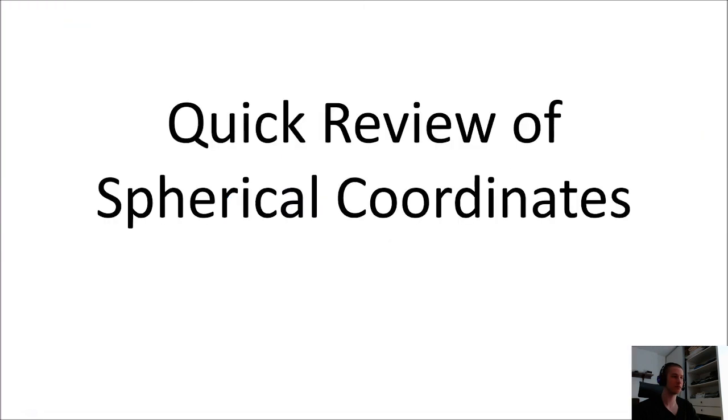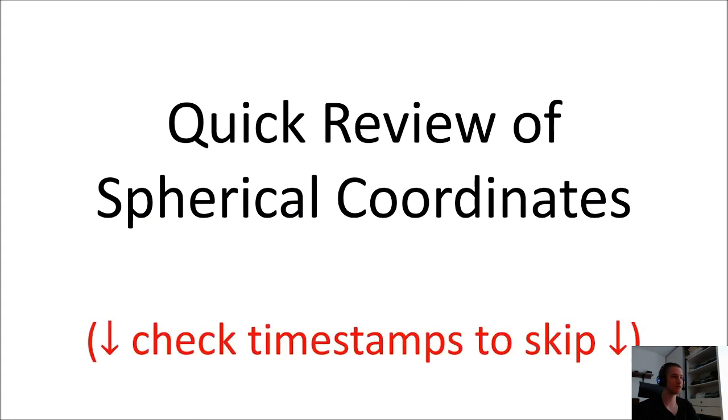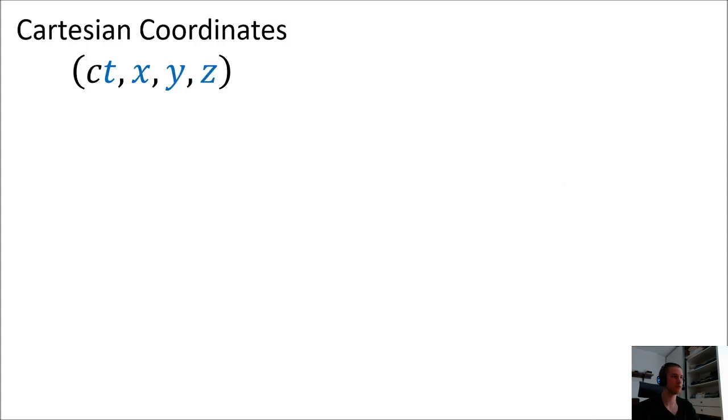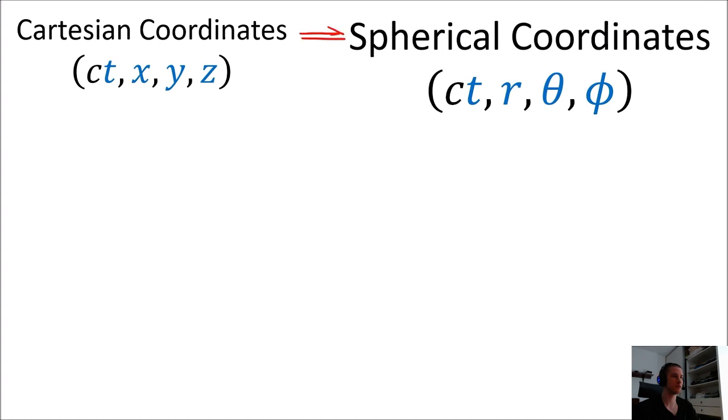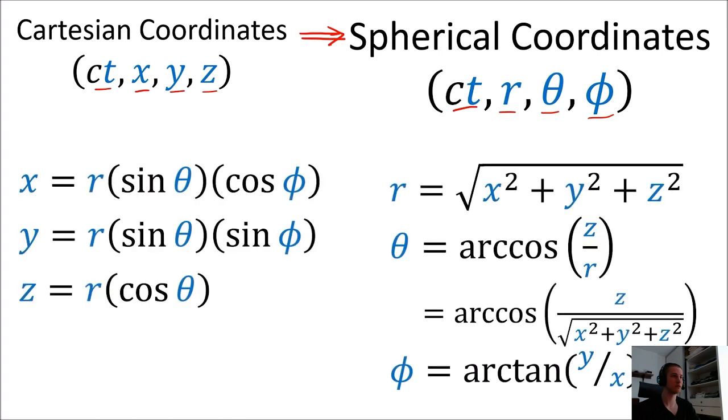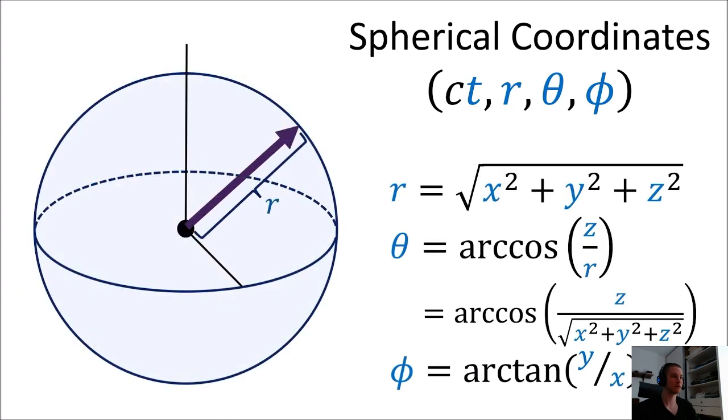Now, before I start solving for the metric, I'm going to do a quick review of spherical coordinates. You can look at the video timestamps to skip this section if you want. Since we're dealing with a spherically symmetric mass, it's better to deal with spacetime in spherical coordinates. So instead of using the spacetime coordinates ct, x, y, z, we'll use ct, r, theta, phi, as defined here, where r is the radius, theta is the angle from the North Pole, or co-latitude, and phi is the angle of rotation around the vertical axis,